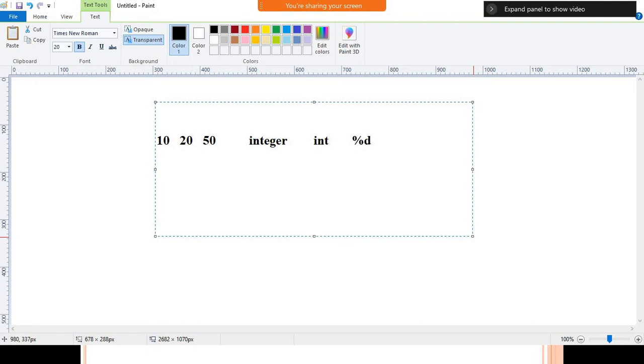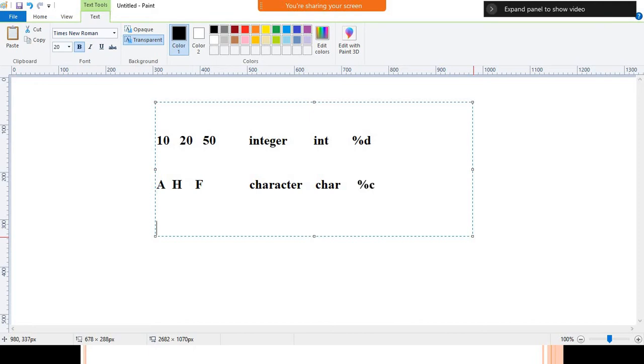Similarly, if you want to deal with alphabets, like capital A, capital H, capital F, we have a data type called character. To represent the character, we have the keyword char. To display and store the value of char, we have a format specifier called percentage c.